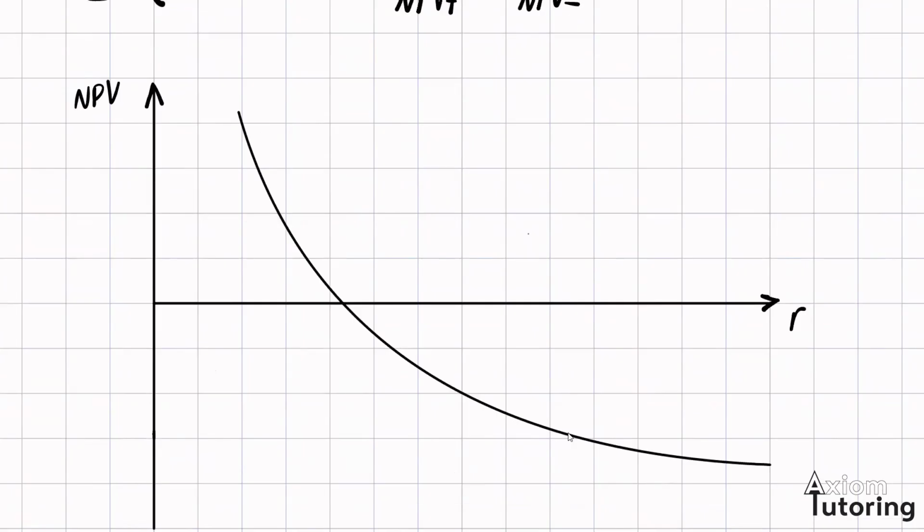Okay, and then there are a bit of more caveats when you're using the IRR here. So our critical assumption here is that the relationship between the NPV and R is always strictly downward sloping. This only happens when you have negative cash flows happening before your positive cash flows. So you can have as many years for negative cash flows, but whenever it turns positive, it stays positive. Okay, so if you have negative cash flows in, let's say, year 1 or year 2, and then you have positive cash flows, and then again you have negative cash flows, so the cash flows sort of oscillates between the signs, then you may or may not have an IRR,